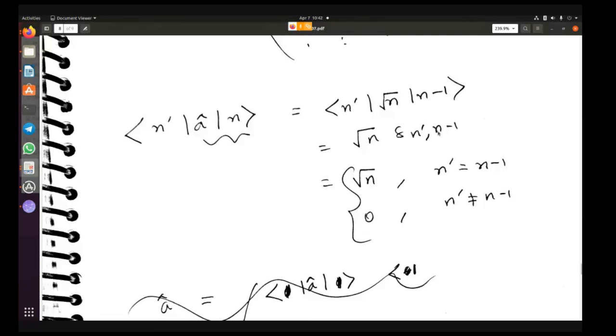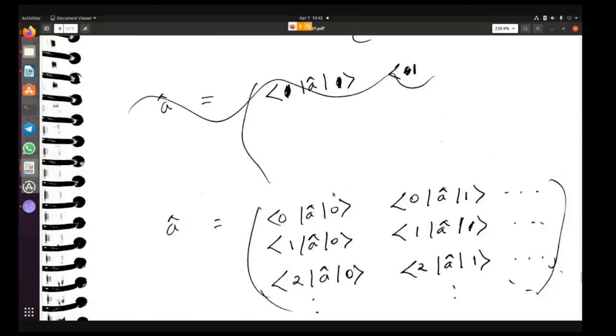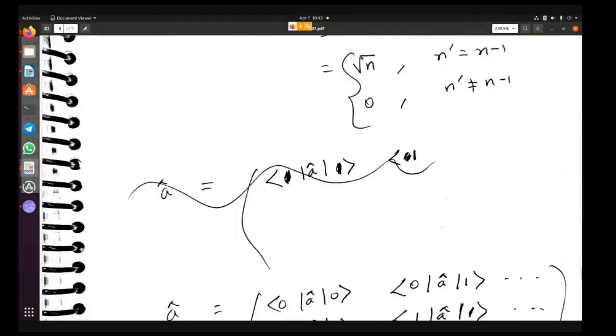Okay, which means that some of the off diagonal terms will be non-zero. So what does the A operator look like? It is basically this matrix. The matrix is 0 A 0, 0 A 1 and so on, and then in the second row it is 1 A 0, 1 A 1 and so on. This is the matrix. Now, if you see, it is root n when n dash is equal to n